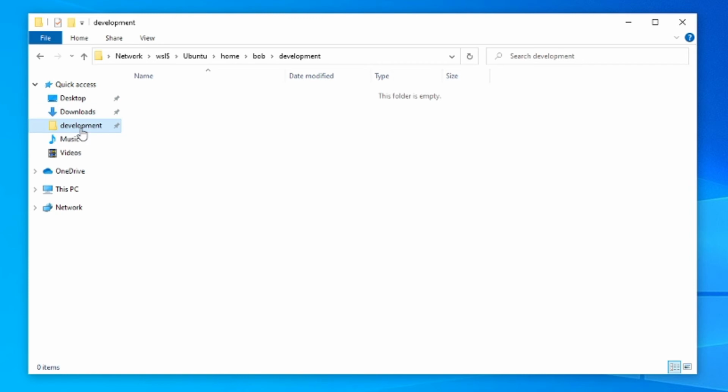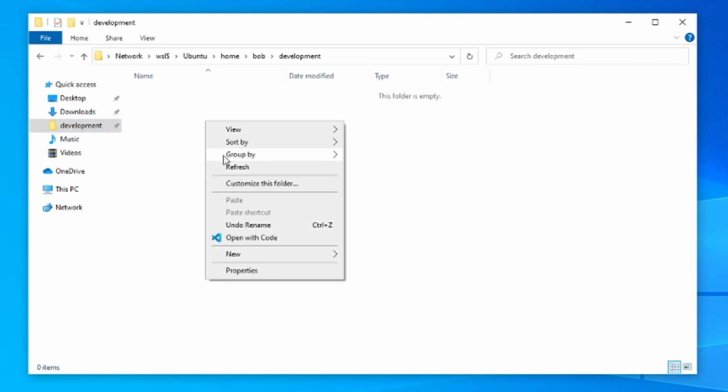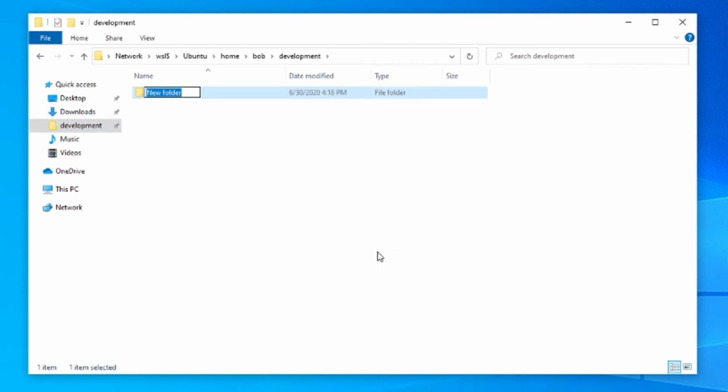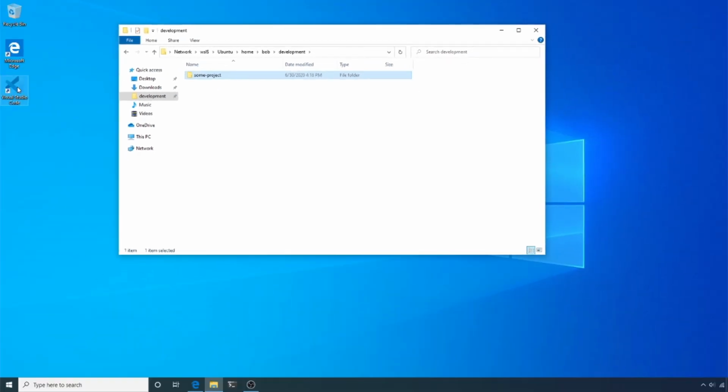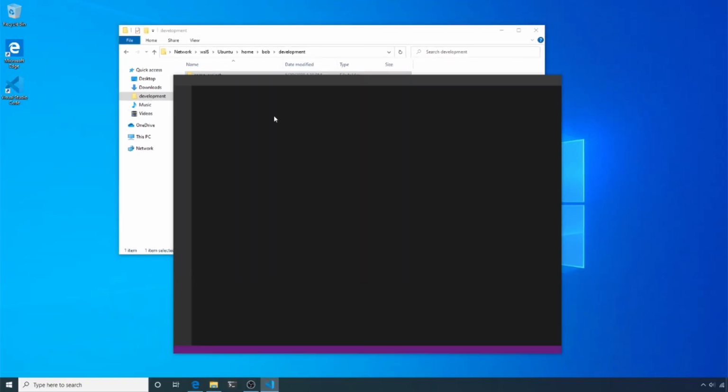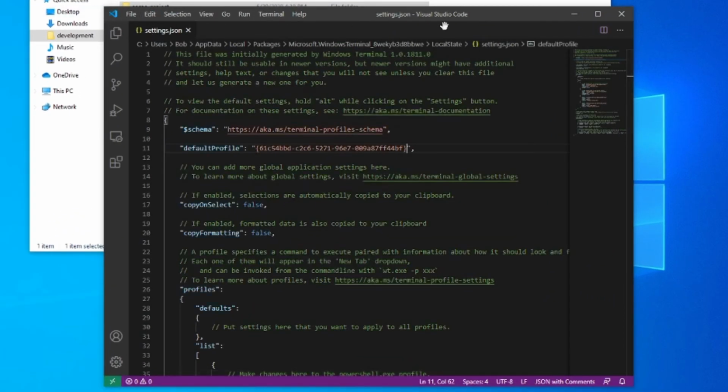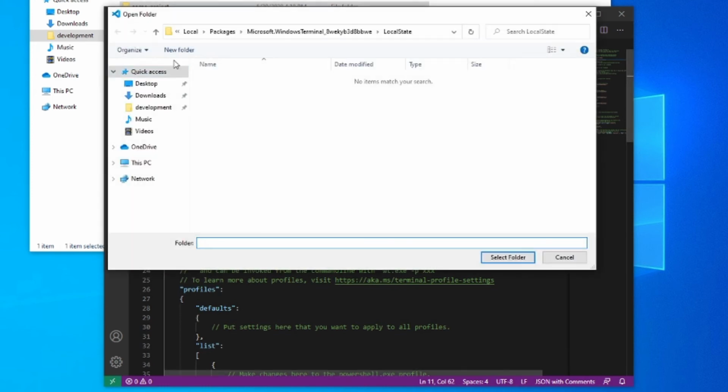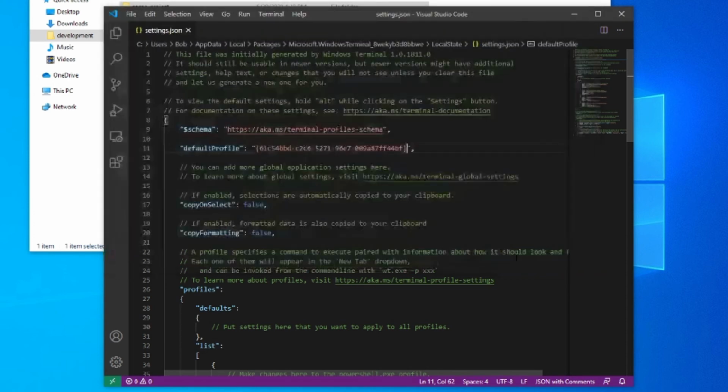So let's say inside of my development folder, I chose to make a folder for, I don't know, some project that I'm working on. Just as if this were normally in my Windows file system, I can just open this in Visual Studio Code. So if I open VS Code, open folder, development, some project, select folder,